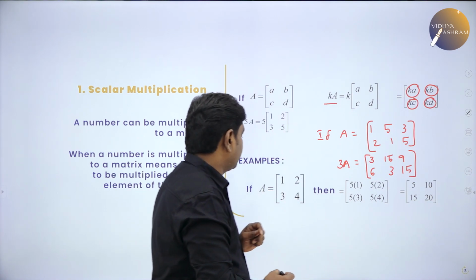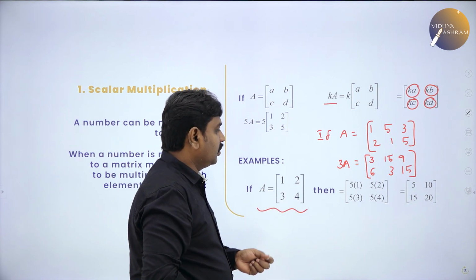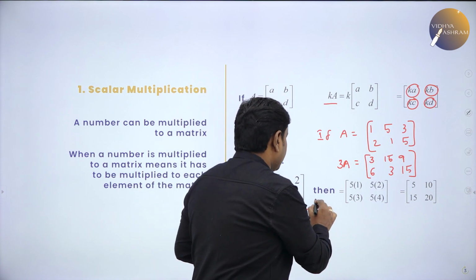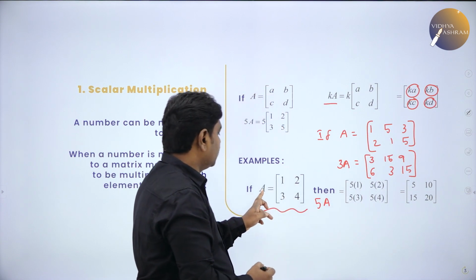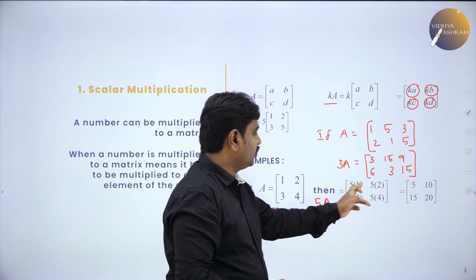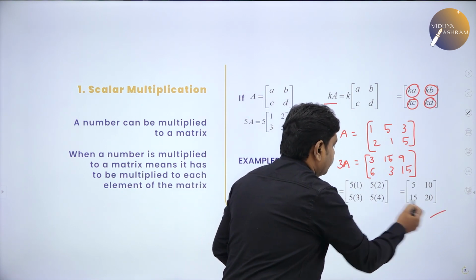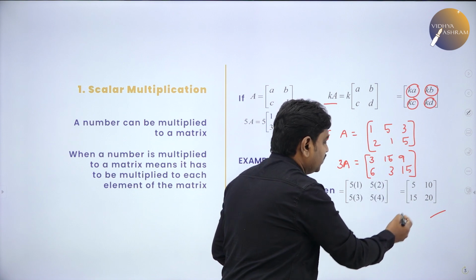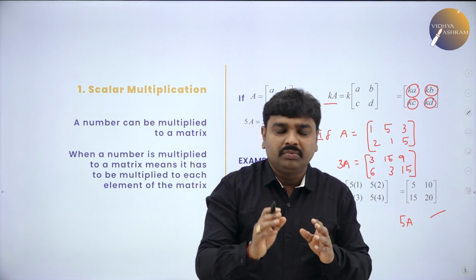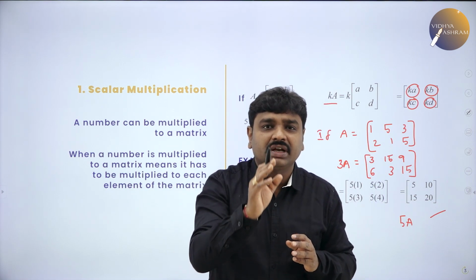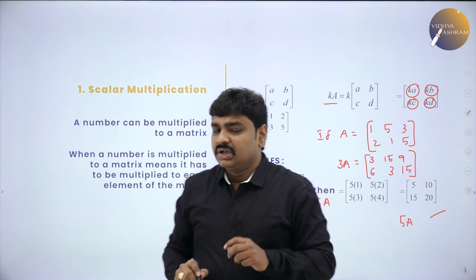Here I have given an example. A is the matrix 1, 2, 3, 4. If you want to find 5A, how to find it? Multiply 5 to each element: 5 into 1, 5 into 2, 5 into 3, 5 into 4. So we get 5 ones are 5, 5 twos are 10, 5 threes are 15. This is 5A. Multiplying a number to a matrix means multiplying that number to each element of the matrix. Further,